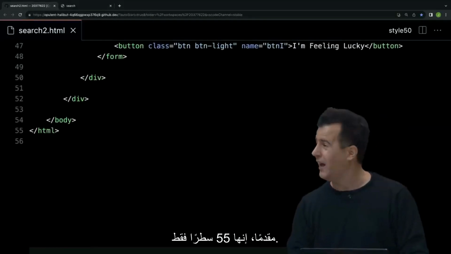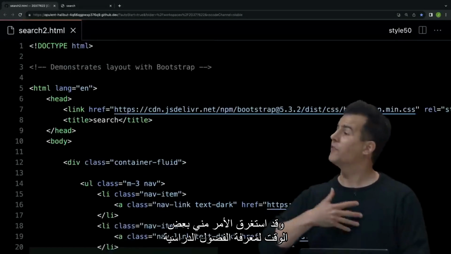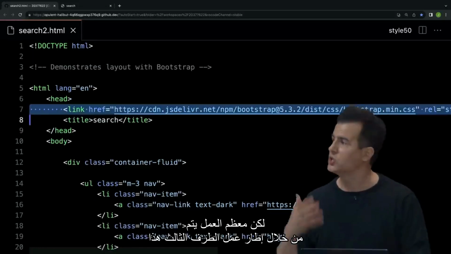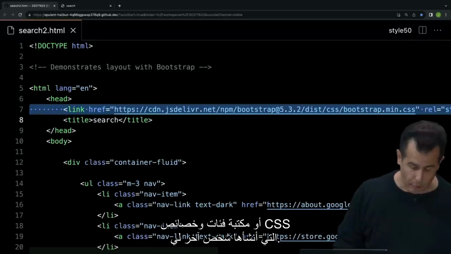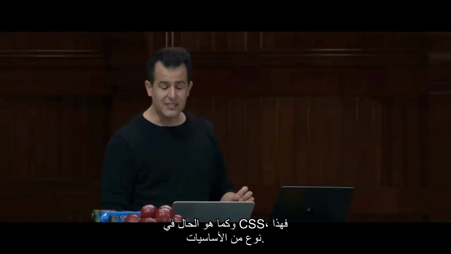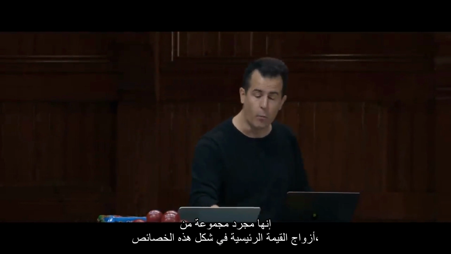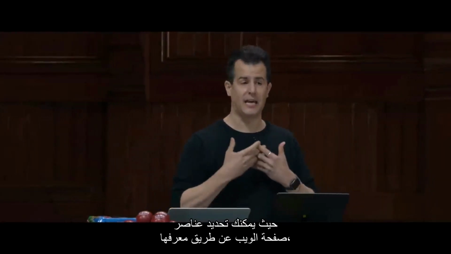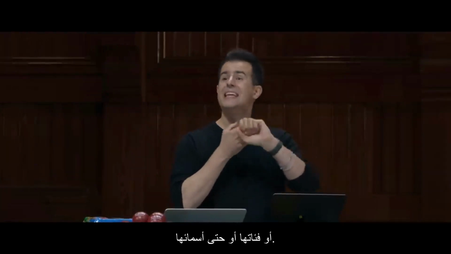So in short, the file that I just opened, even though I made it in advance, it's only 55 lines, and most of that is white space. And it did take me a little bit of time to figure out the classes and read the documentation. But most of the work is done by this third-party framework or library of CSS classes and properties that someone else made for me. And so as CSS goes, that's kind of it for the basics. It's just a bunch of more key value pairs in the form of these properties, whereby you can select elements of a web page by way of their ID, or classes, or even the names